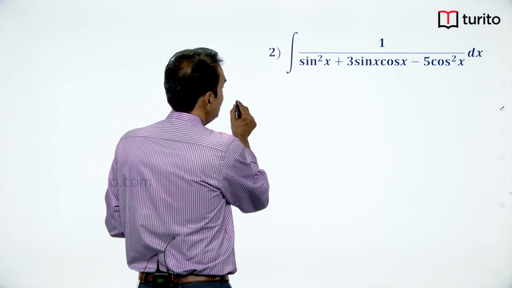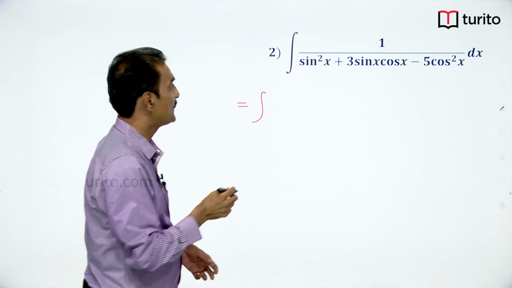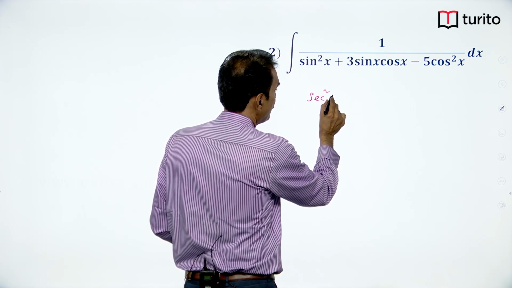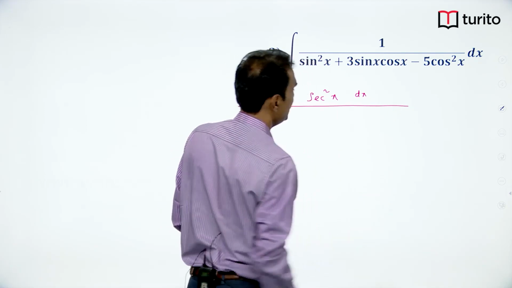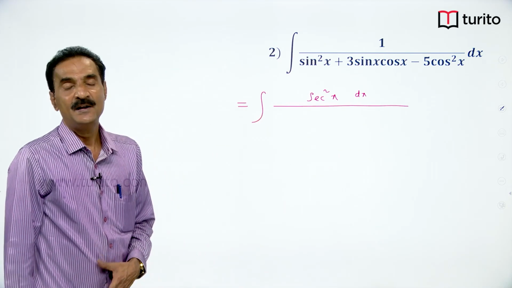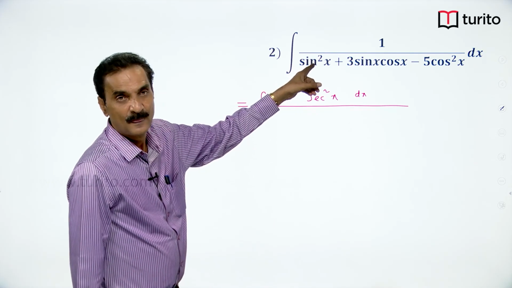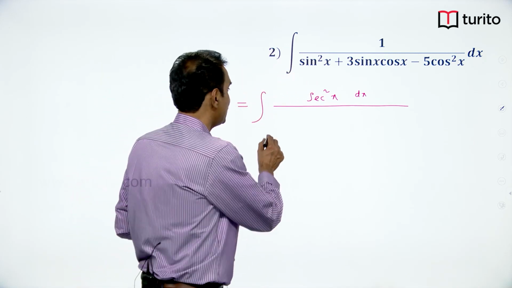Multiplying and dividing by secant square x, the numerator becomes secant square x dx. In the denominator, multiplying by secant square x, this becomes sin square x by cos square x, that is tan square x,